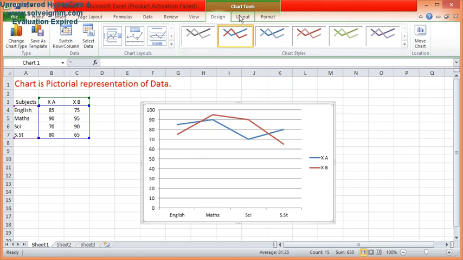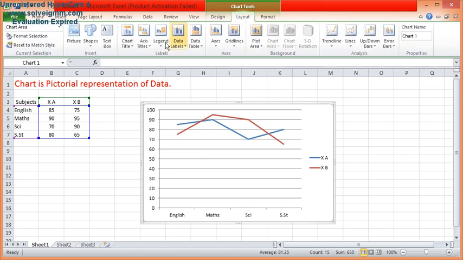right? In the layout tab, here are some labels on axis and insert. Now I am going to tell you about the legends. Legends are basically how you are going to represent your data in the chart, कि आप अपना डेटा कैसे रिप्रेजेंट कर सकते हो. ठीक है, कि कोई कन्फ्यूजन ना हो.